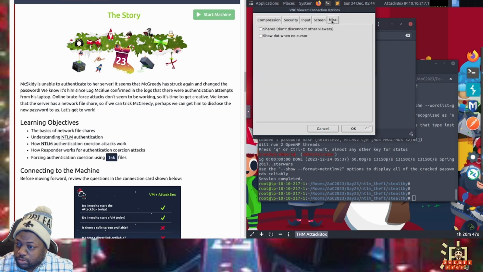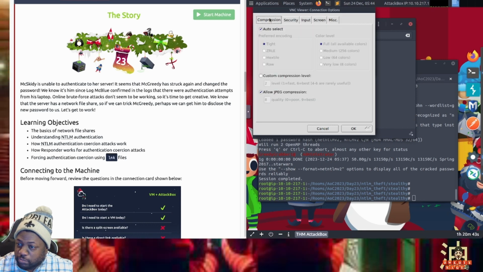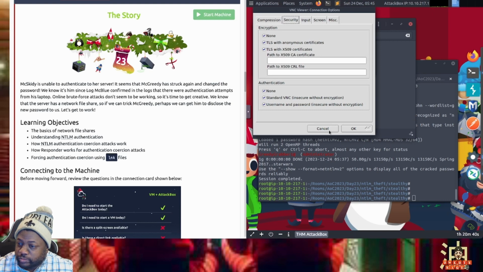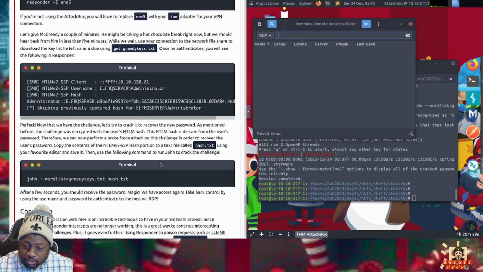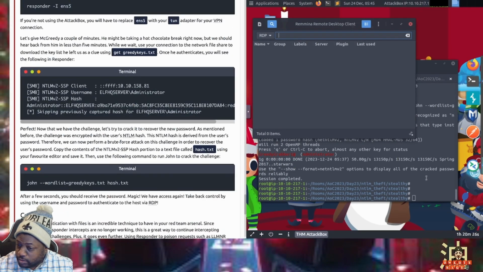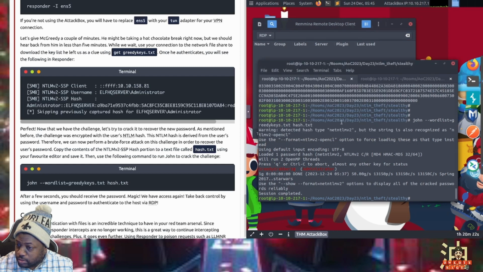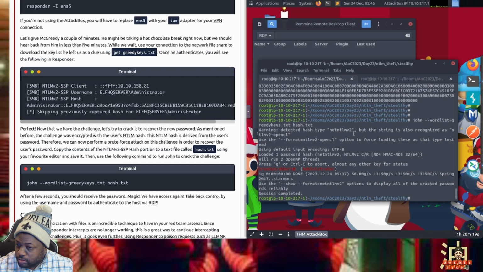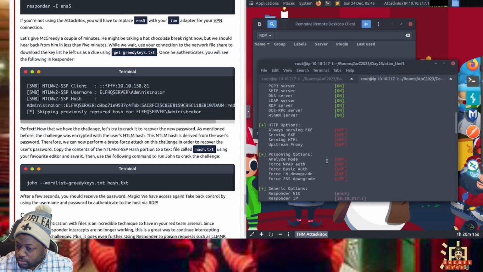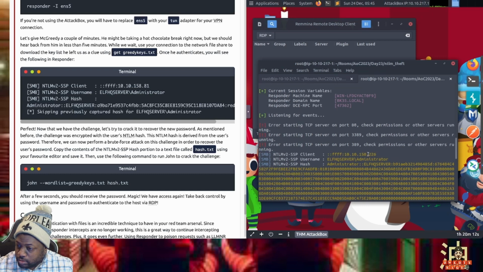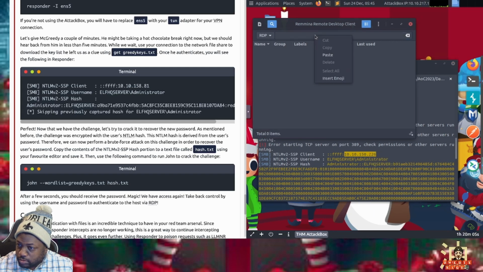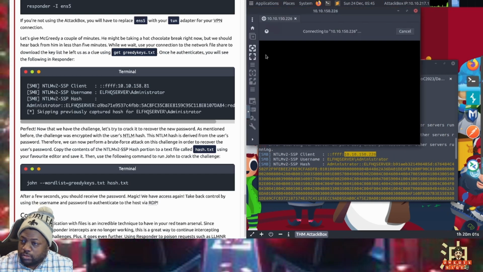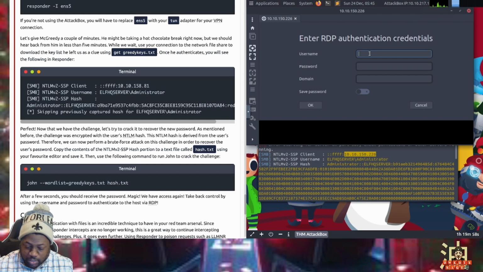It doesn't look like this version of VNC does an RDP session anyway. So paste the RDP command, accept that.